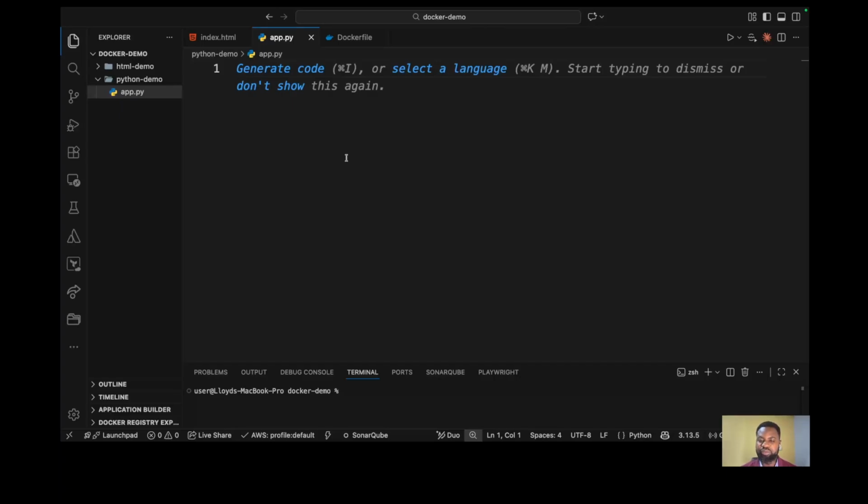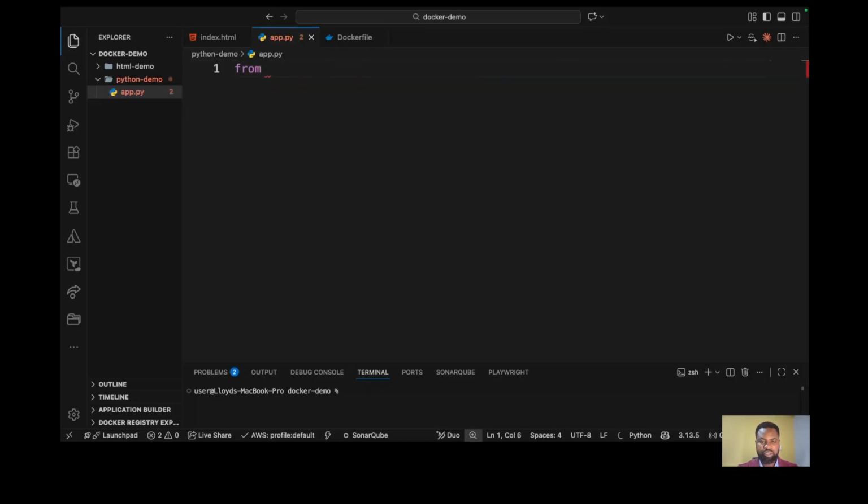We are using Flask to create the application and then Dockerize it. So we'll first of all start by importing Flask in our application. Okay, so let's import Flask. So from